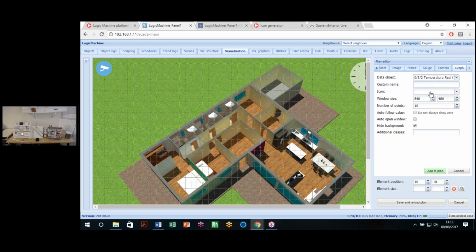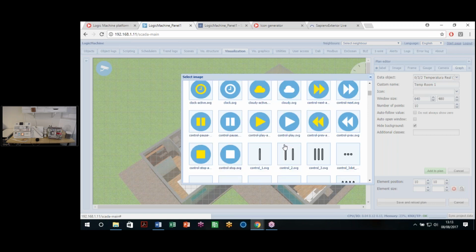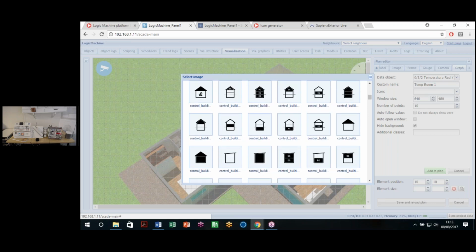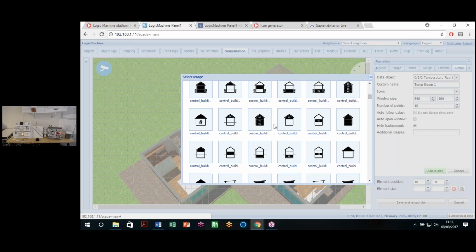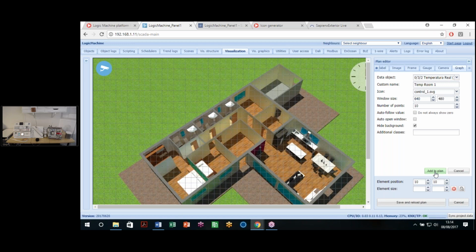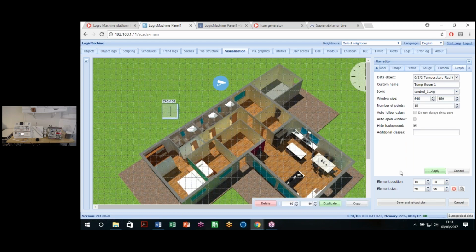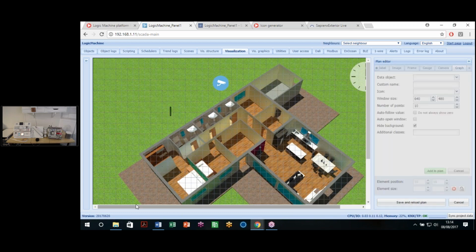We can set a name, temp room 1. We can select an icon, any icon will do. I will just select this little line in here. We add it to the plan. Okay, I deleted the objects and didn't save. There we go. We drag it and drop it where we need it, apply, save, and when we go to